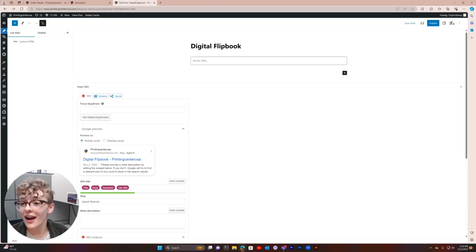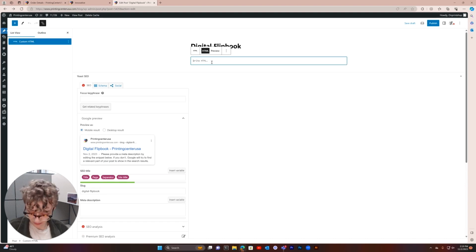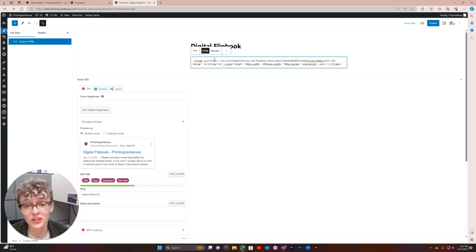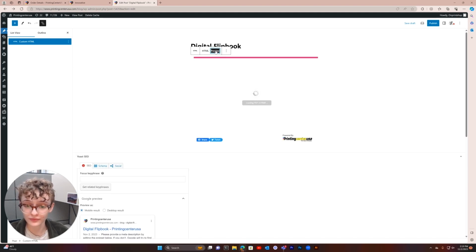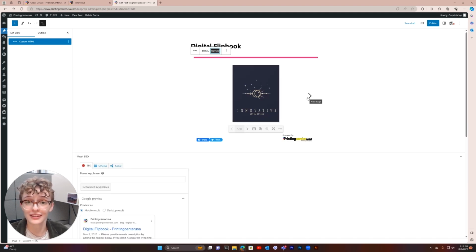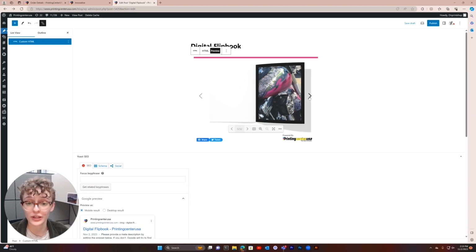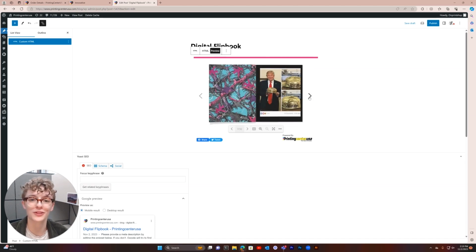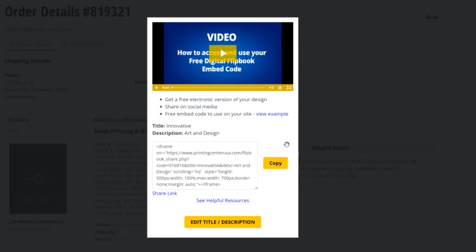Next, I would paste the iframe HTML code into your website as an embedded code or custom HTML element. And from here you can hit preview. And just like that, all of the people viewing your website will be able to flip through your flipbook. For more details on using your embed code on website platforms such as Wix or Squarespace, you can click this